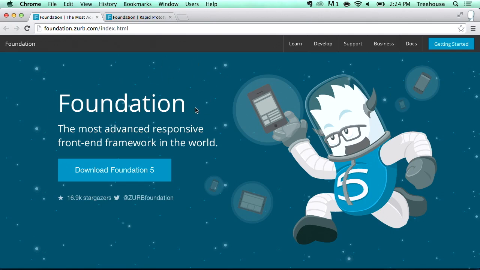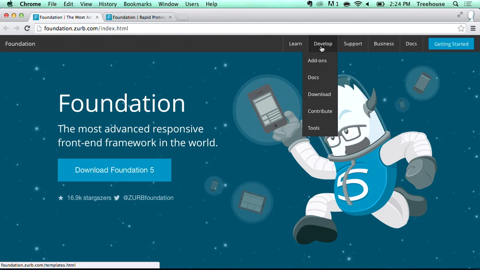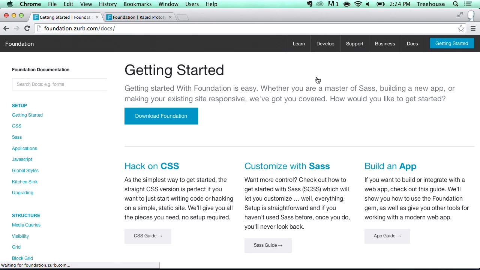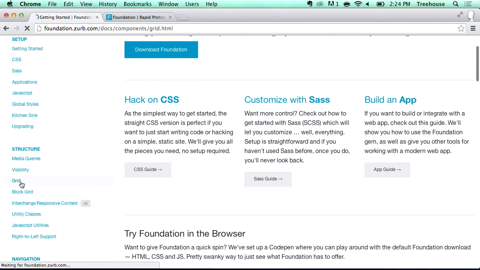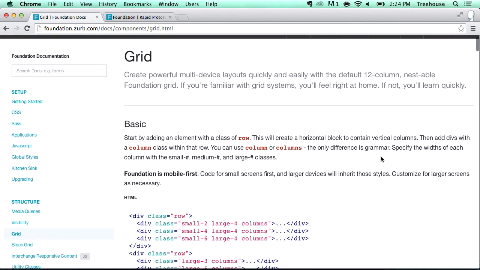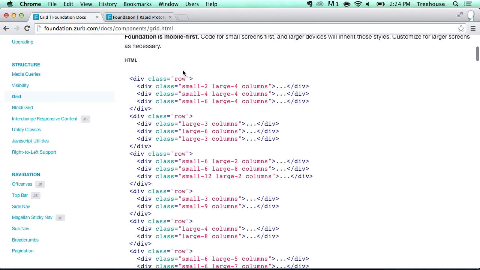In fact, you don't have to use Bootstrap or Foundation. You could use really any front-end framework. But I think the important thing here is to use a front-end framework that has a grid system, because that's really what's going to enable you to rapidly prototype a layout. So let's jump into the Foundation documentation here, and let's go to the grid just so you can see what I'm talking about. You can create